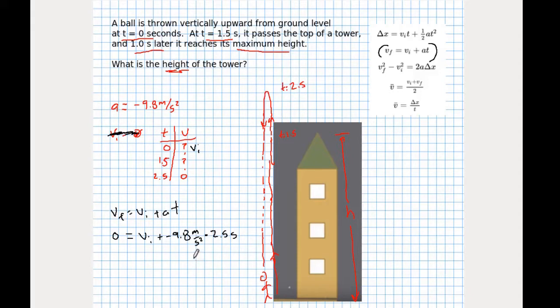Okay, so this seems like there's just one variable. There's only one thing I don't know, that's the initial velocity, and I can multiply 9.8 times 2.5 and I will get it. So I'm going to rearrange the equation. So I've got Vi equals plus 9.8 times 2.5. And that's going to be, let me go over to my calculator